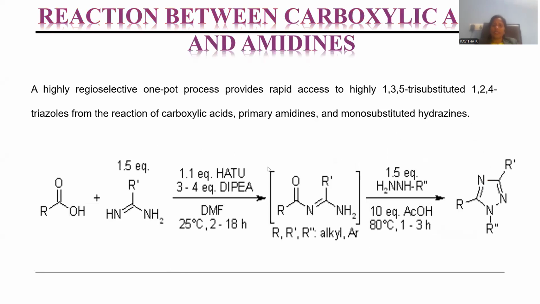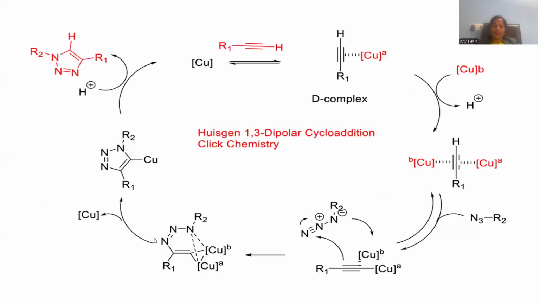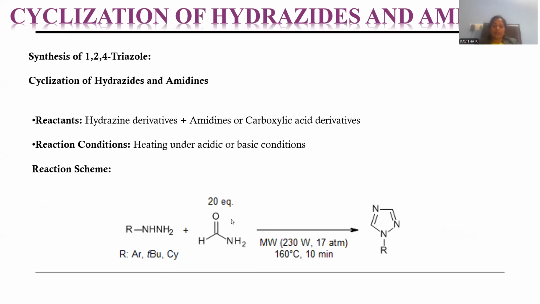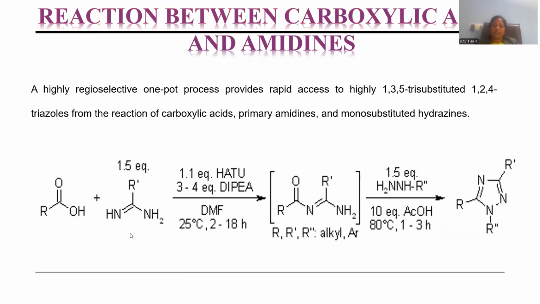Reaction between the carboxylic acid and the amidines. Carboxylic acid and amidines are to be treated. Just now we went through that one. Either a carboxylic acid or else a formamide is to be treated with hydrazine, right? In the same manner, this is also a kind of reaction, where carboxylic acid and amidine are treated there in the presence of dimethylformamide and other reagents also taken as part of this, so that again condensation is accomplished, a simple dehydration,